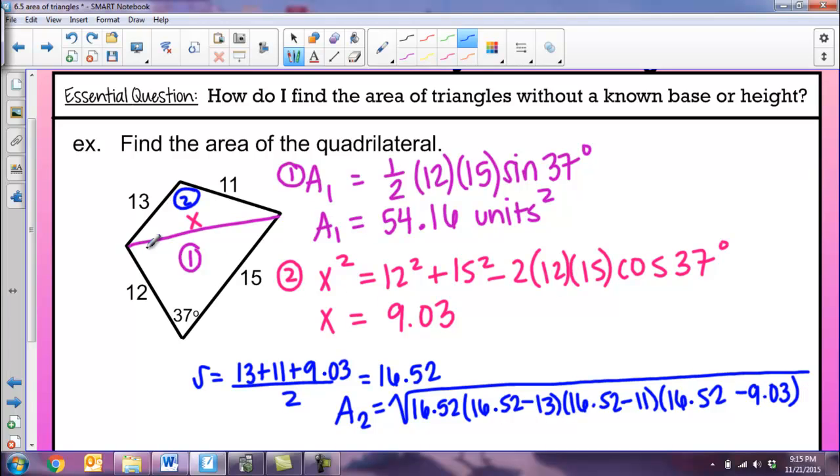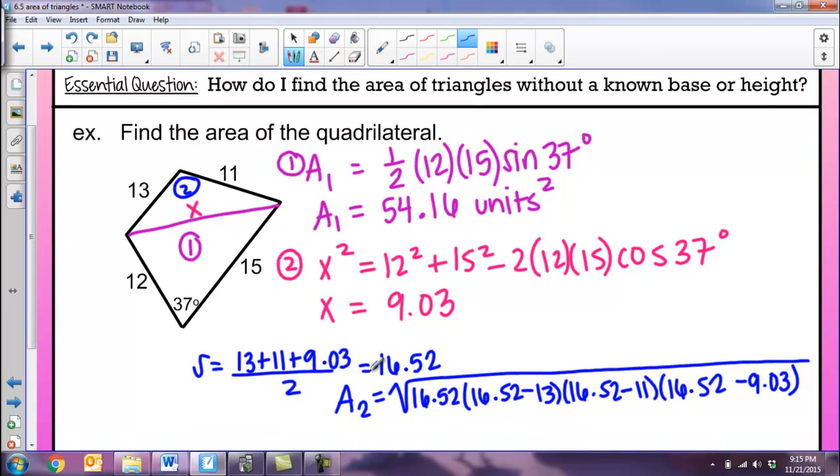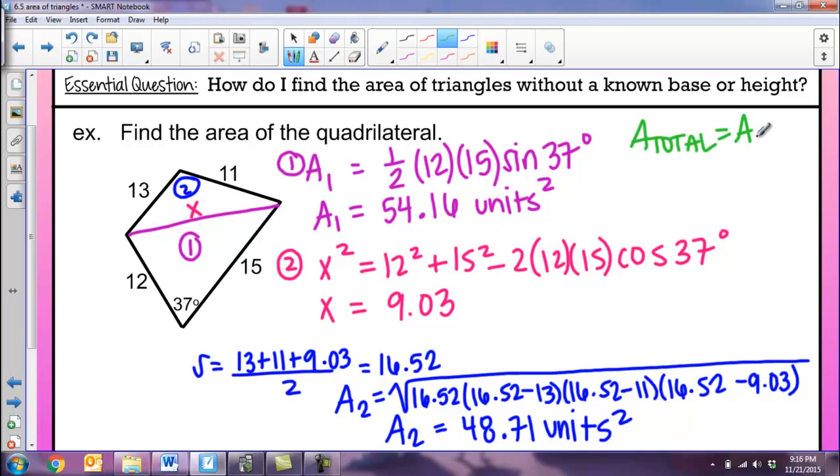And once you type that into your calculator, again being careful of where your parentheses lie, all of that business, you would find out that the area of the second triangle is approximately 48.71 square units. And so at this point, since I know that this is a composite figure, to find the total area, I can just take A1 plus A2, and so I would get 54.16 plus 48.71, and I would find out that the area of this whole quadrilateral is approximately